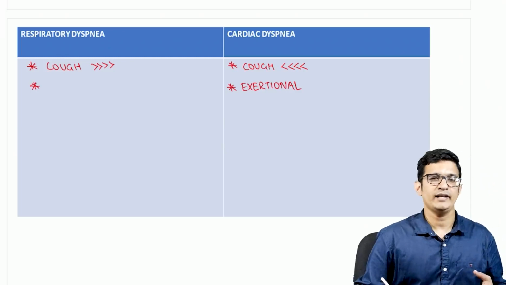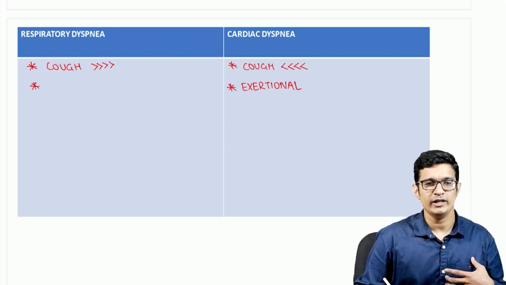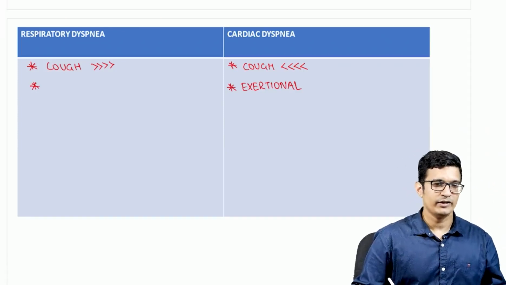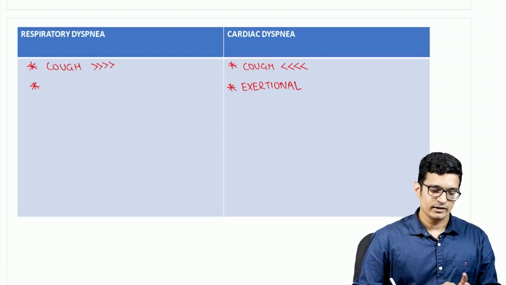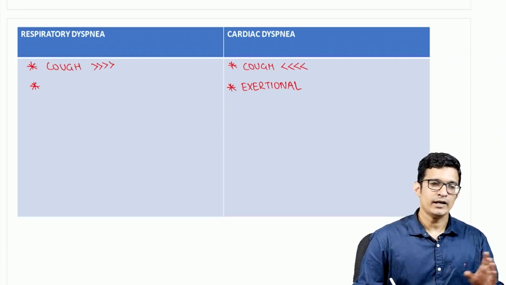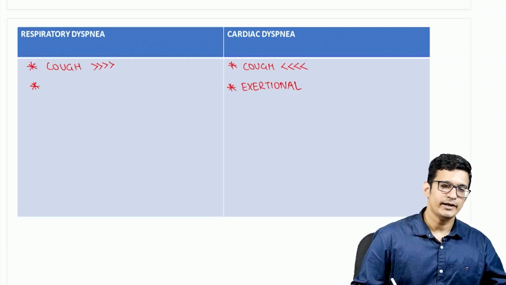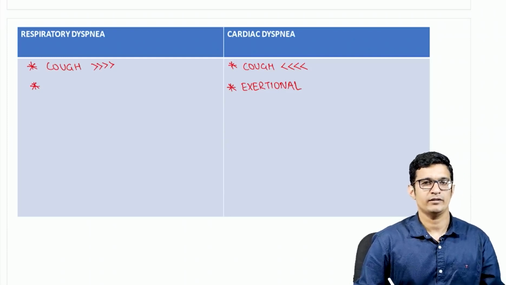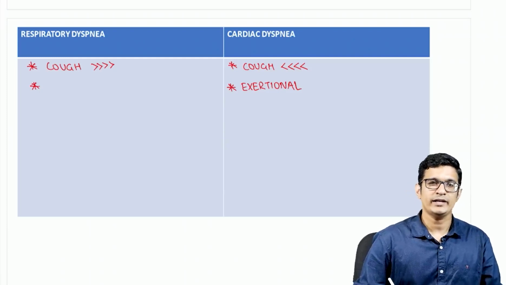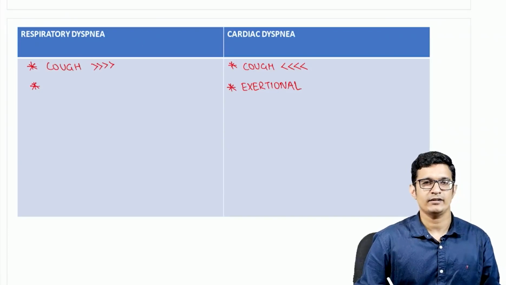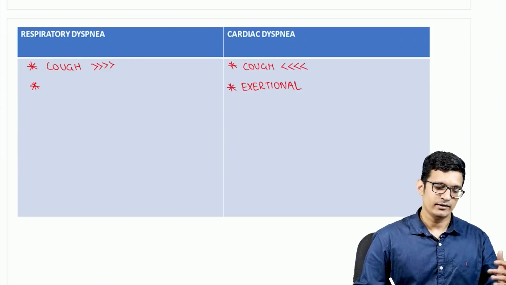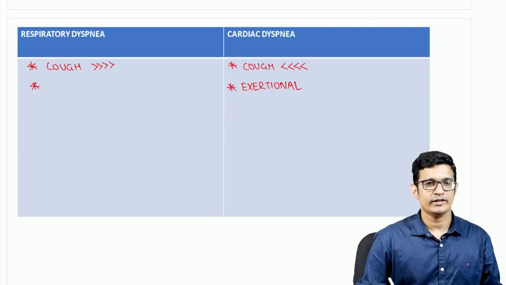Obviously, whenever somebody is having an exacerbation of bronchial asthma or COPD, he might say that breathlessness is increasing at the time of exertion, which is very true. But the thing is, in a cardiac patient the breathlessness can be triggered by exertion, whereas it is not so common in respiratory breathlessness. You have one respiratory condition wherein exertion can trigger breathlessness, and that condition is exercise induced asthma. Okay, exercise induced asthma can be triggered by exertion, and breathlessness can worsen with further exertion.